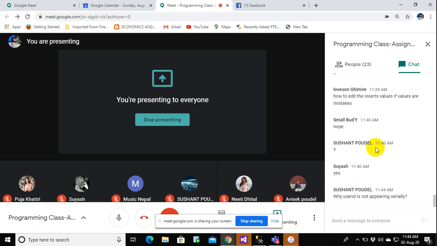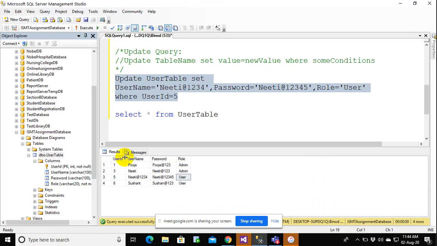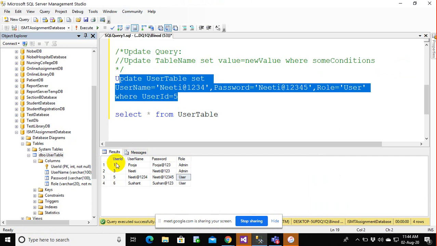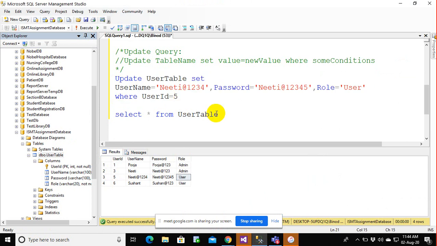So yeah, there is one question, why user ID is not appearing serially? We are not interested in this user ID because once we try to execute a query, the value is just defined and then that value is skipped. The value gets skipped. So it really does not matter whether this comes serially or not. For example, even if you get an error, an ID will be generated, but no value will be supplied to that ID.